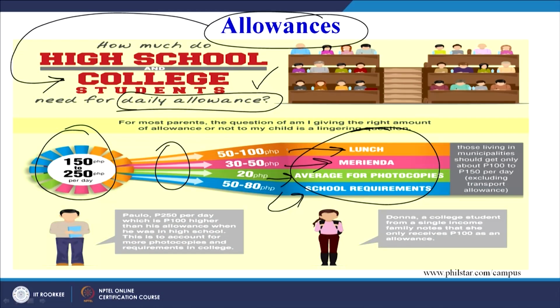So we need to give certain allowances to the worker. There are different types of allowances that we give to the workers, and accordingly we allocate the work to the worker. So the standard time definitely includes some allowances which are added to the normal time, and then the standard time is calculated. Similarly, in the example on your screen, parents are always a bit confused about how much additional allowance must be given to a child studying in a school or a college. So let us understand what that allowance is today.